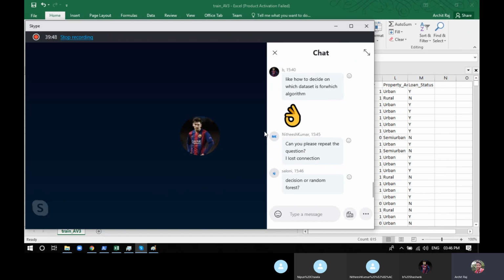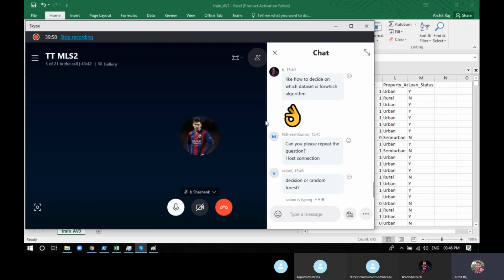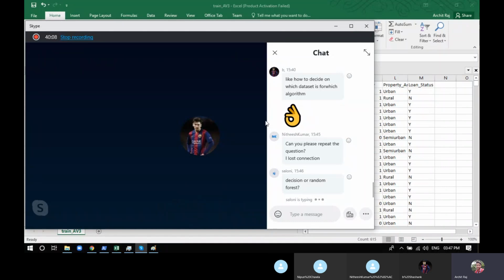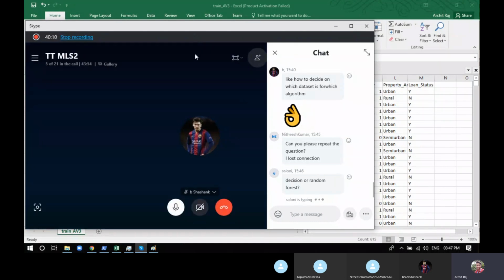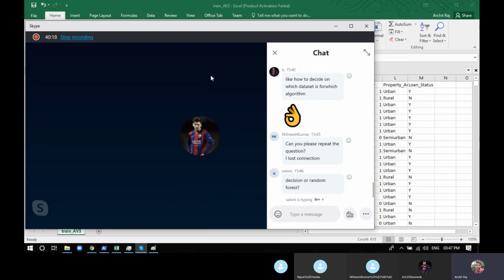Decision trees. If you want to go for random forest, you can go and try, but decision trees is the must, because I'm excluding random forest from the required category, because random forest is exactly similar to decision trees. Like random forest is what? Number of decision trees. That's it. So these are the four main ones. If you want to do the fifth one, fine enough. And at the last, I just want to see the comparison between the accuracies that you got.